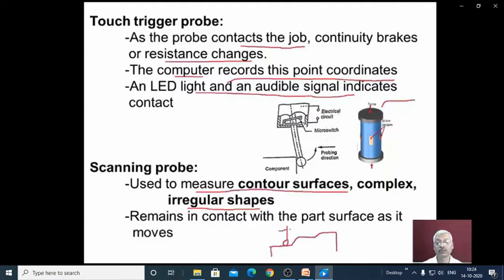When the probe moves in this direction, this tip scans over the surface and sends signals to the computer system, and hence very complex 3D shapes can be assessed using the scanning probe.